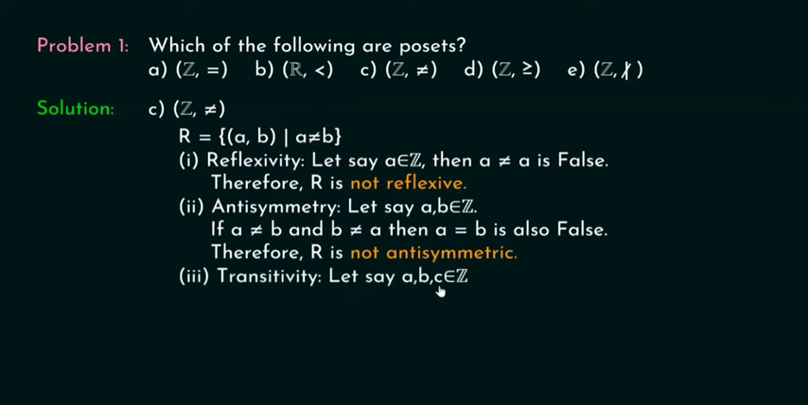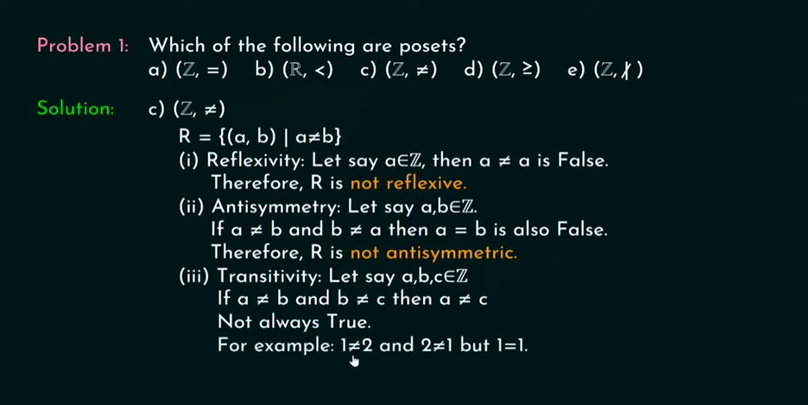Let's say A, B and C are integers. Then if A is not equal to B and B is not equal to C, then A is not equal to C. Let's see whether this is true or not. It seems like this is true, but let me tell you, this is not always true. Okay, let's identify why. For example, 1 is not equal to 2 and 2 is not equal to 1, but